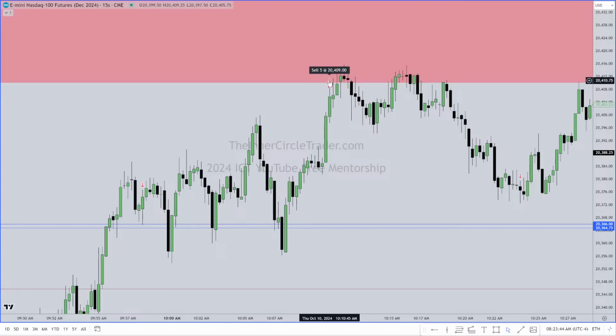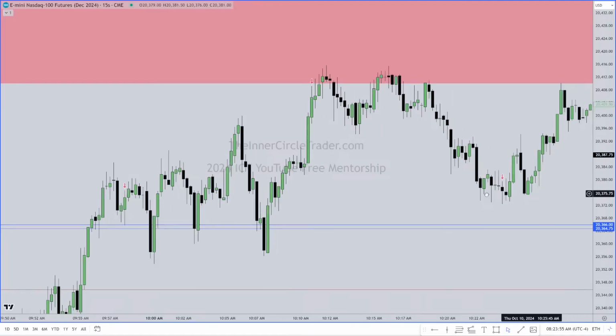And there's 5 sold here, and then I closed the trade out manually because my wife required my attention and I couldn't manage the trade the rest of the time. I was being distracted with her. Later on in the day,